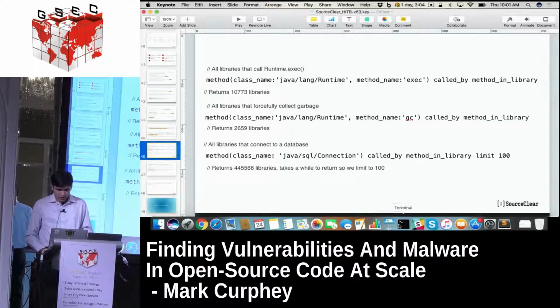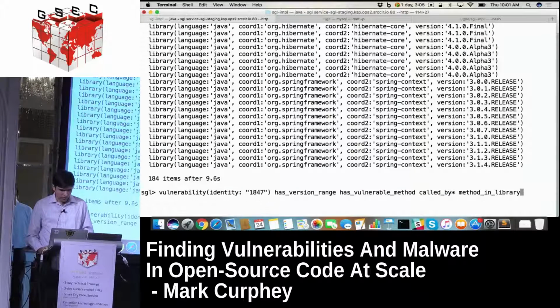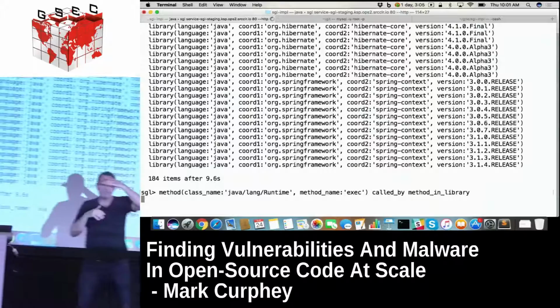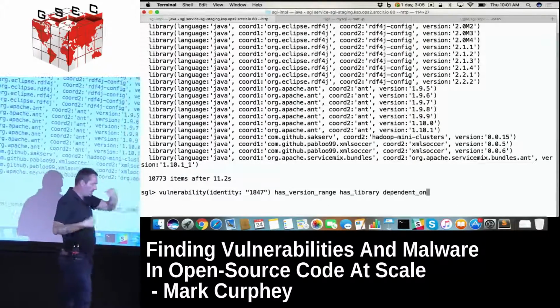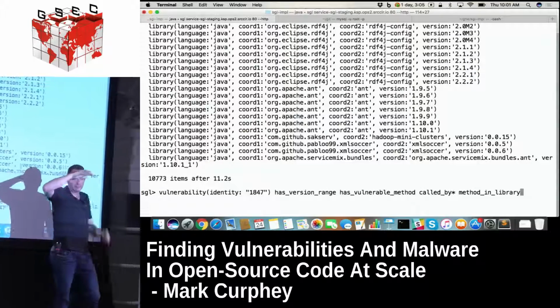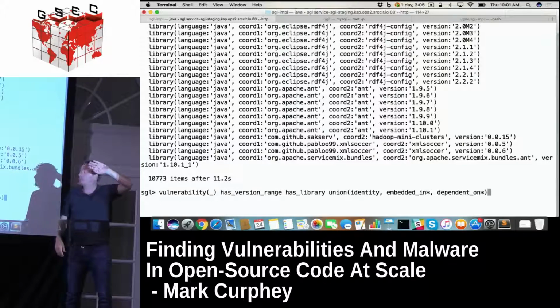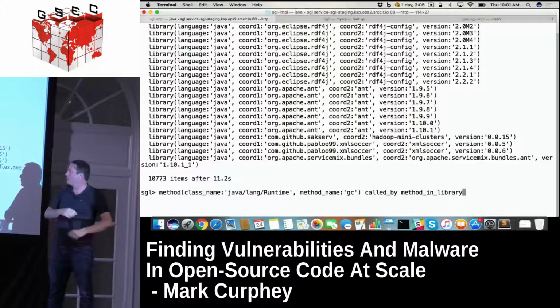So next are some very easy queries we can go through very quickly, which is finding certain interesting method calls. So this is looking at all the libraries which call, say, Runtime exec. If you haven't thought about why that query is interesting, this is a Java library that is basically running exec after it gets run, right? Should never happen in a web app. It's often a sign of malware. Someone's spawning a shell, basically, right? There may be cases where that might be useful, but it should be pretty unusual.